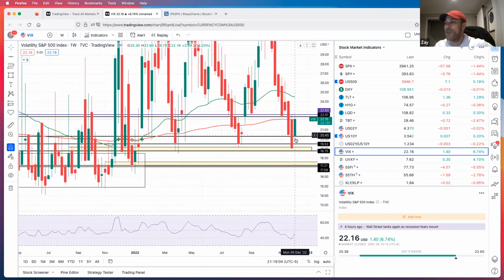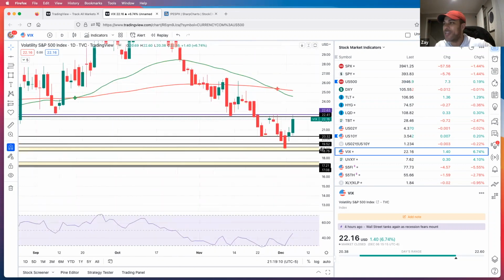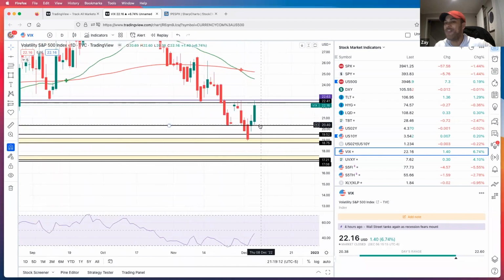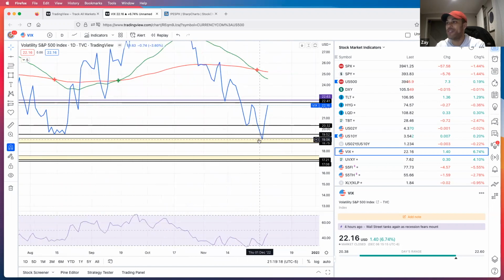Now, because it keeps doing these gaps like this, it just feels weird that it's basically going to fill a gap to create a gap. And so that gives me the feeling that, okay, we got this gap up because of a technical bounce, right? This is just a technical bounce in that we made a new low, and so now we're bouncing. Now, we could also see the VIX start to retreat. Again, if PPI, CPI, and those things come in line or as expected,